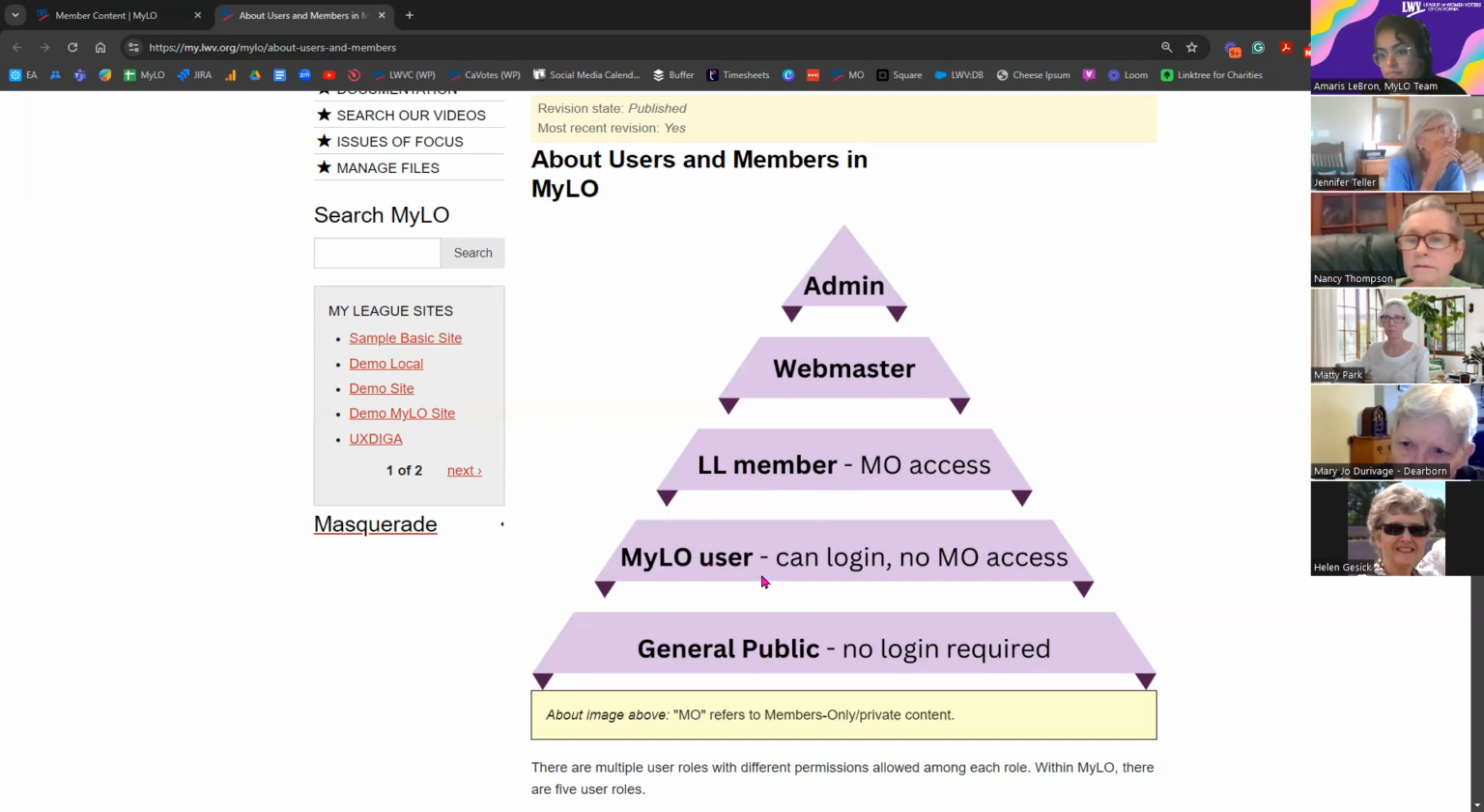Or it can be assigned to more than one group. But the webmaster has to do that, correct? Either the webmaster or the admin, the MyLO team. Okay. So if Maddie accepted me, I could join Maddie's group